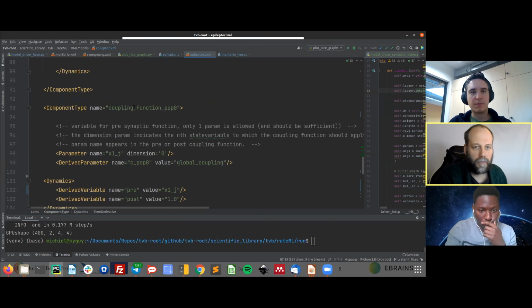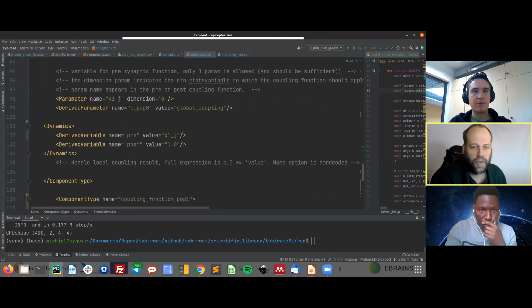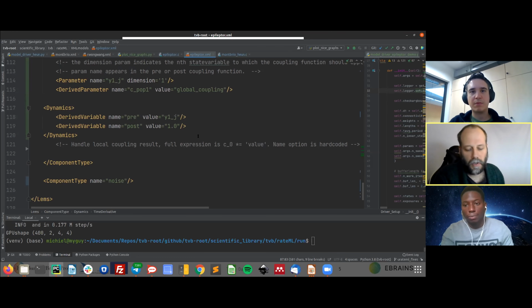Then certain coupling functions can be defined here, as I expressed. A pre and a post-synaptic coupling activity can be defined using these component types. And also, if you want stochastic integration enabled, you just make a component type named noise, and then stochastic integration will be enabled. Now, the beauty of it is that it abstracts the implementation on software and on hardware.